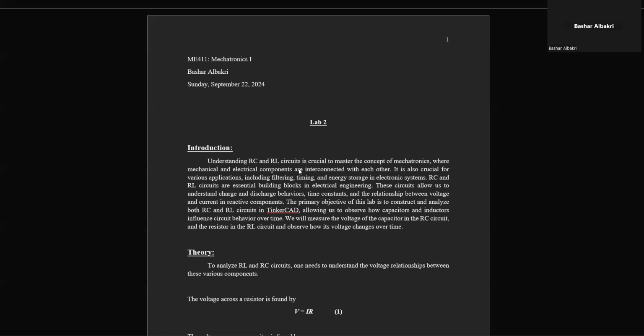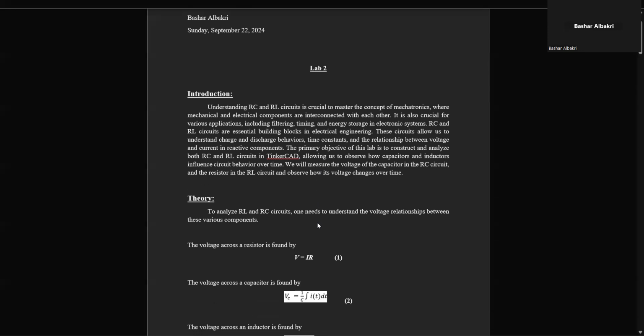Generally, RC and RL circuits are crucial to mastering the concept of mechatronics because they can be used in filtering, timing, and energy storage in electronic signal systems. RC and RL circuits are essential building blocks in electrical engineering, and these circuits allow us to understand charge and discharge, time constants, which is a very important topic in this lab, and the relationship between voltage and current in